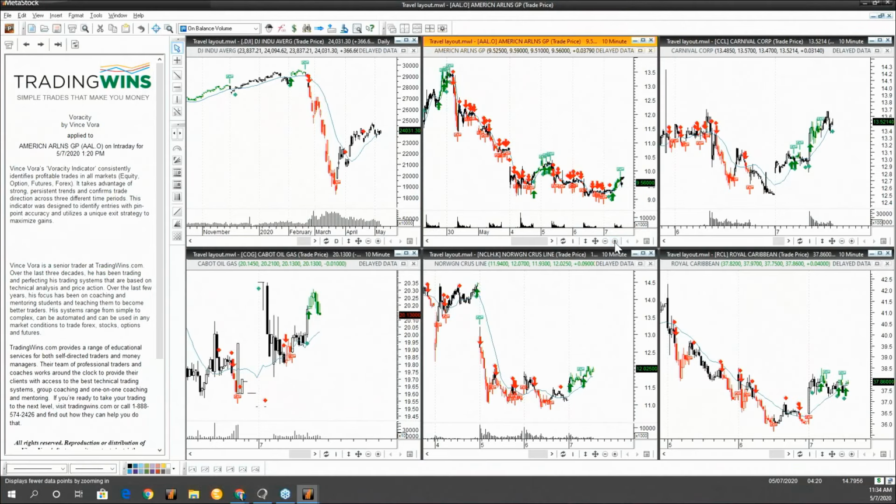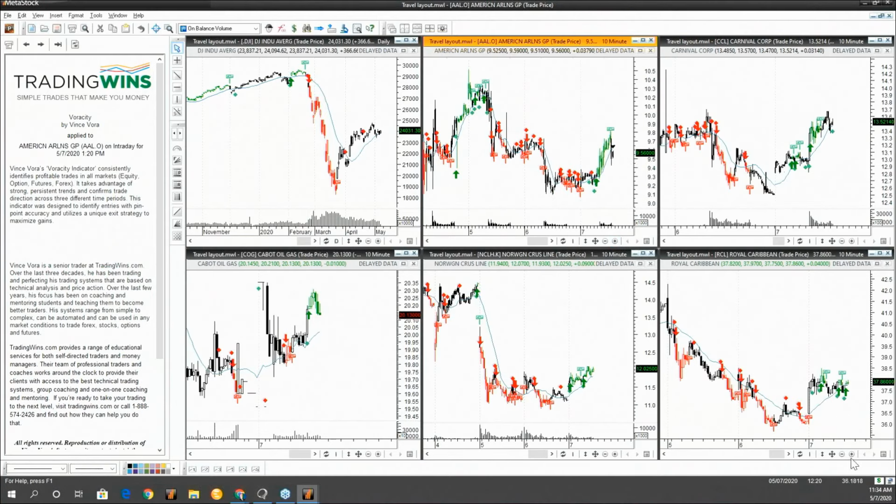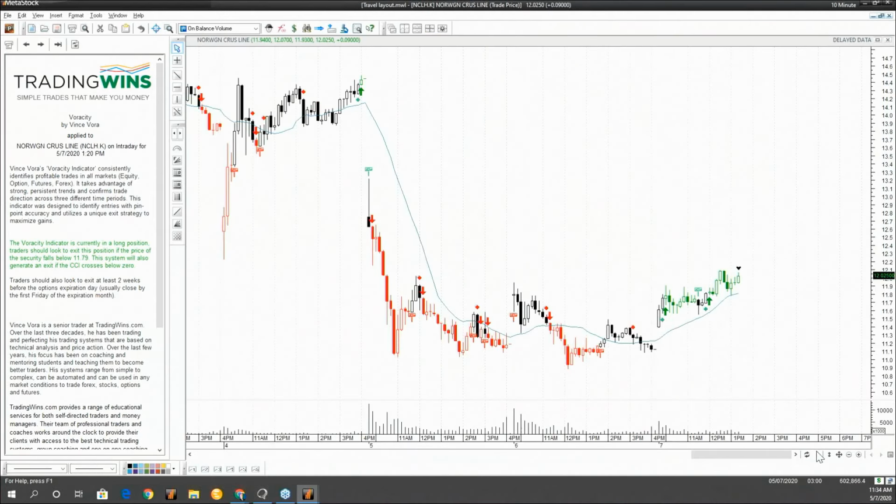As Jeff kind of said, these are all on intraday 10-minute time frames. So here's a good example of Norwegian. And these are, again, all 10 minutes. So if I flip it over to a daily, it would be a little bit different view. But this is great for somebody that is day trading it. You've got your small moves. It's a low enough price stock that you could put in a whole ton of shares and make some good money on just these small moves.